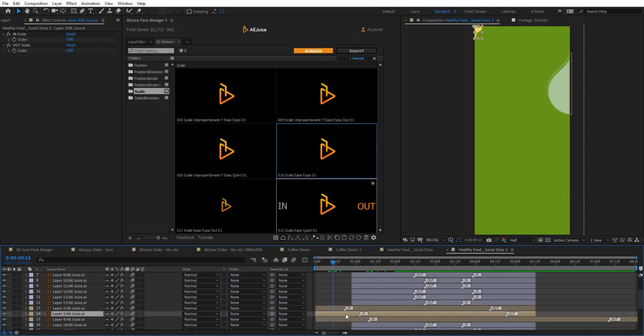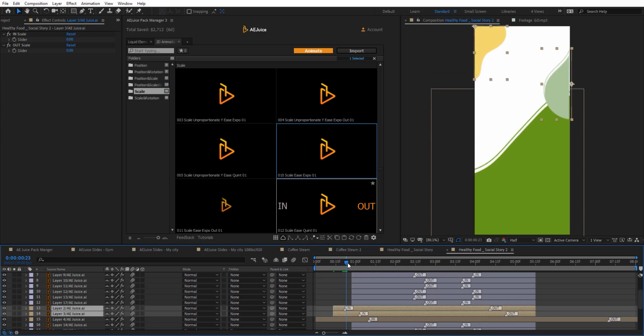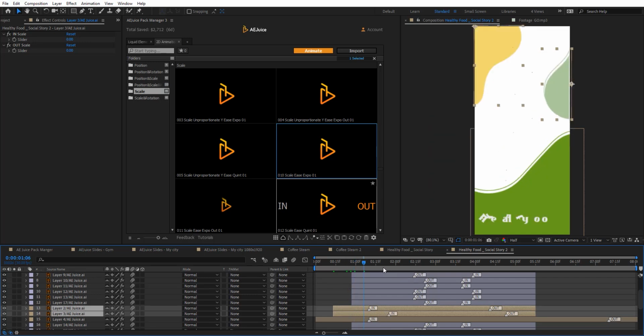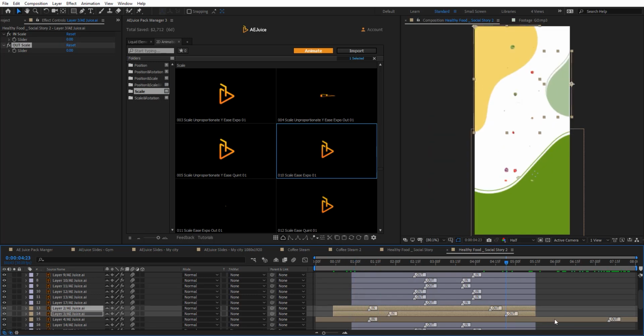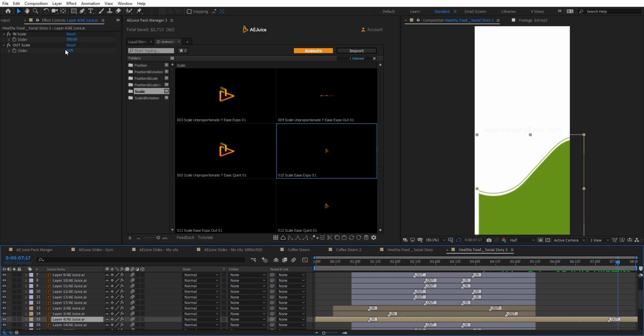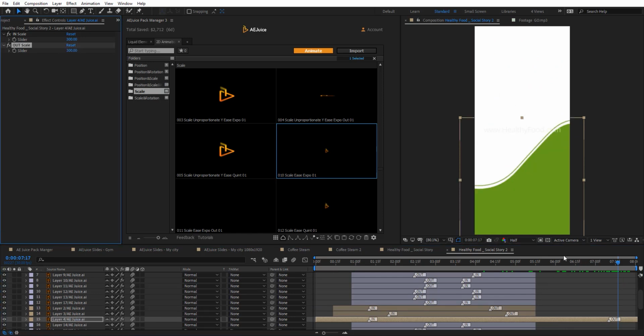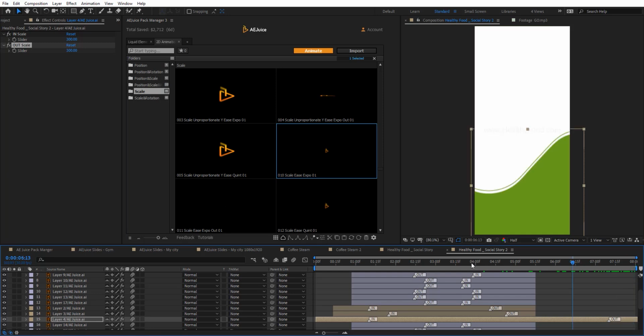And maybe these, I'm going to trim these layers, so maybe we want them to start really late. We need to select this one here, and for the out it needs to be 300. And so we got it into place.